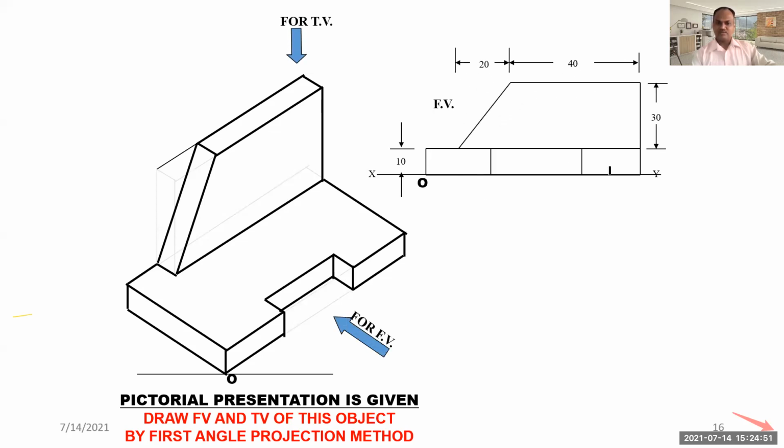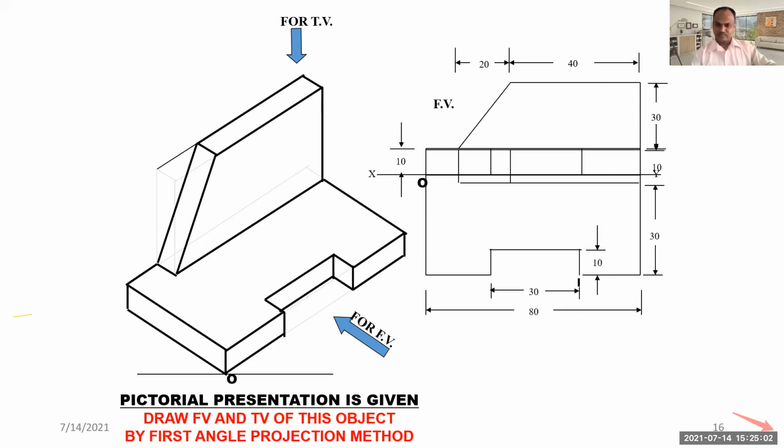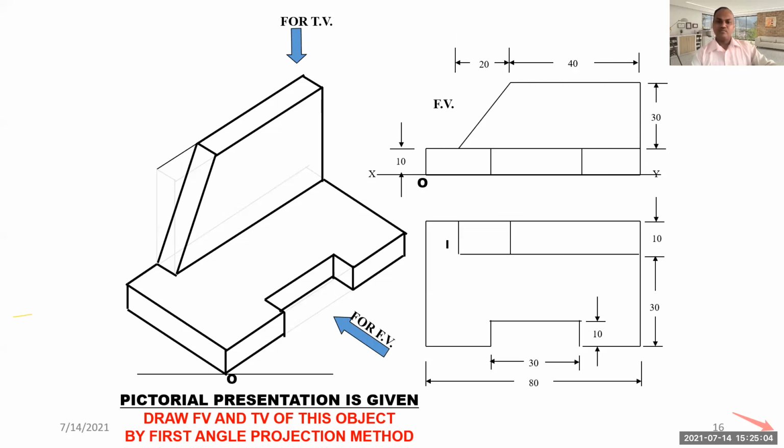Okay, in case of front view, 1, 2, 3 rectangles are there because there is a slight cut here, and this trapezium has been shown here. Then this one is your top view. Top view is very easy. This rectangular portion, as this is inclined, is shown as a small rectangular portion. Okay, so you will get to know where to draw that particular rectangular portion.